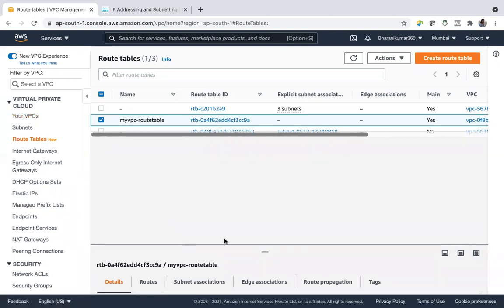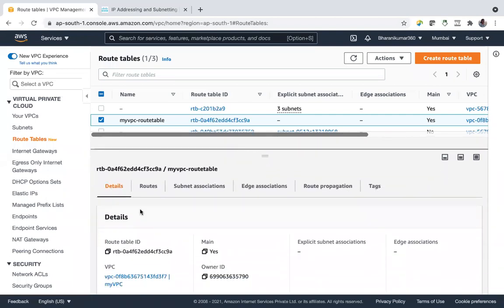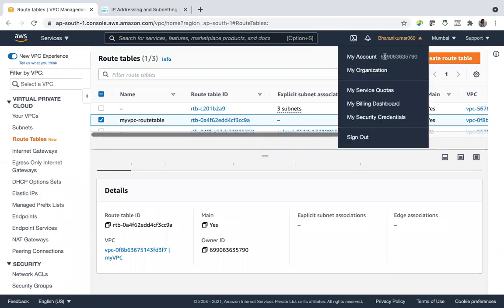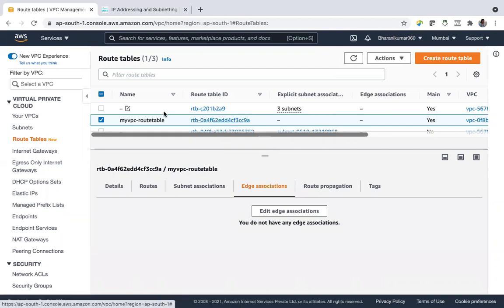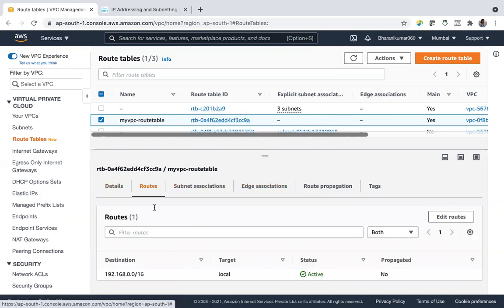And if you look into the details of this route table, this is the route table associated with this VPC, it's main, and the owner ID is nothing but my account ID here. Same thing we have here, details and routes. And here it is important.